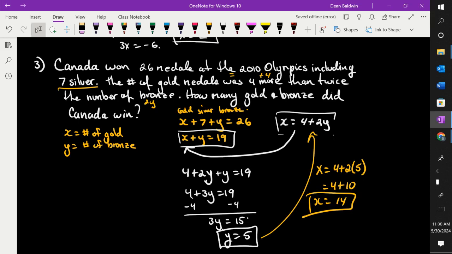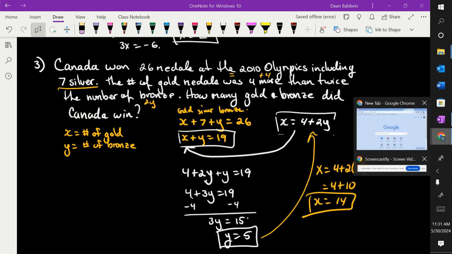This is the same type of equation. You have a total number of metals equation, and then they give you some other information. So you convert this sentence. It's like x equals 4 more than twice the number. So you have to make 2 equations. Once you have the 2 equations, you just solve them using any method you want to, substitution or elimination. I don't care. Okay? I'm going to give you a sheet